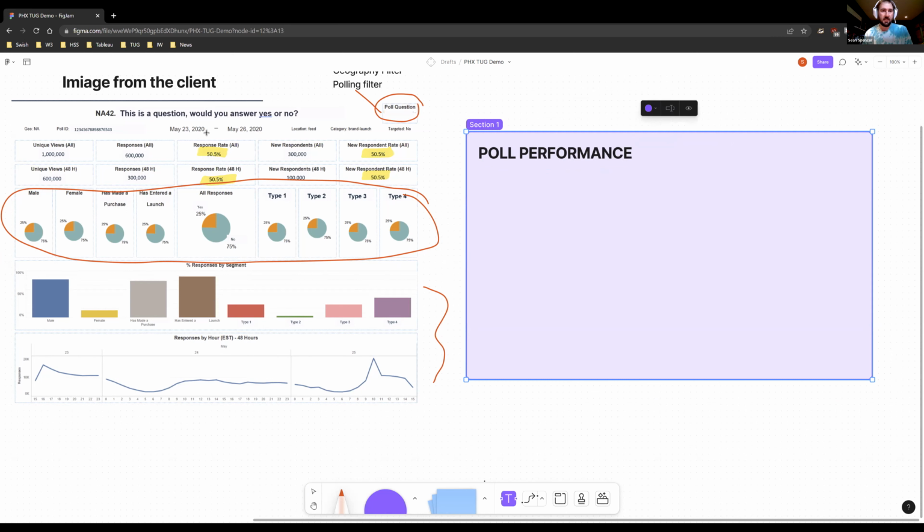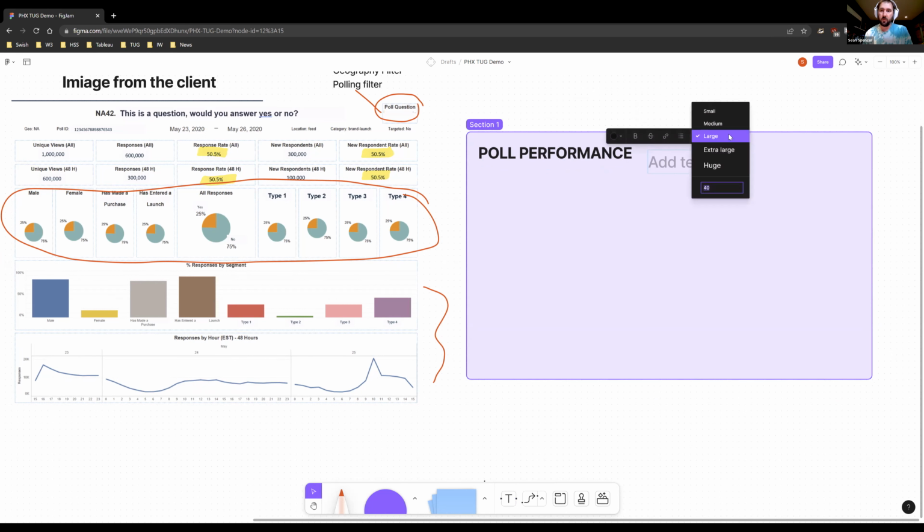And then we have this date range that the poll was run for. I think that's always important when we're looking at information or data. So I wrote something like, this poll was live on May 23rd to May 26th. And so we can create a sheet that dynamically changes these dates based off of the poll that we have selected.